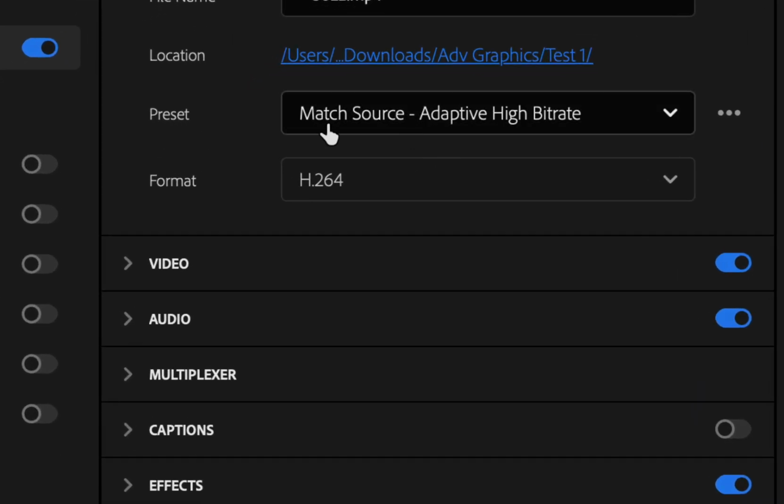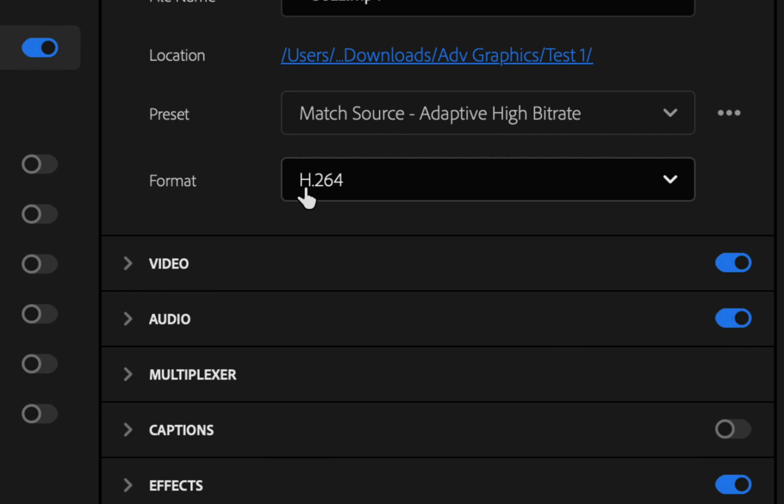Preset should always have match source. Now here's the critically important one. If you click here,